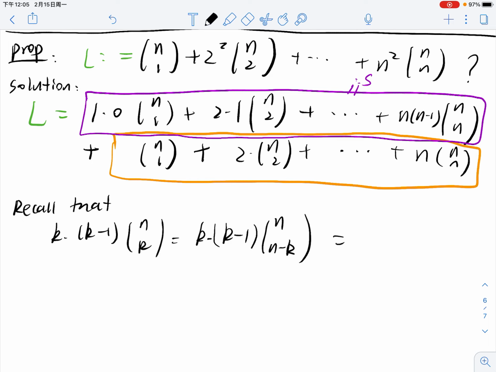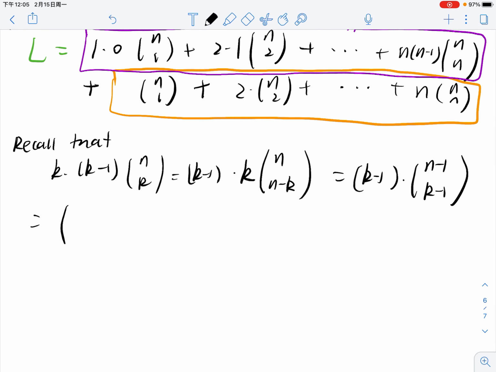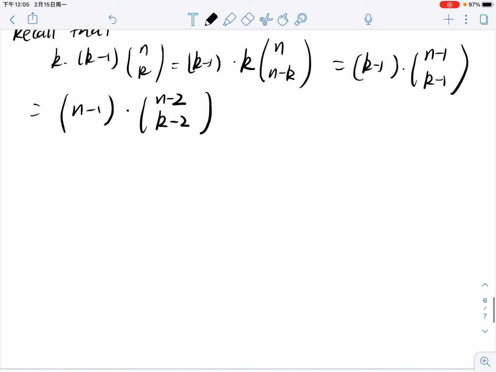Let me write it in this way, k minus 1 times k. And then here you have k minus 1 times n minus 1 choose k minus 1. Okay, then you have, this is n minus 1 times n minus 2, choose k minus 2. Therefore, S